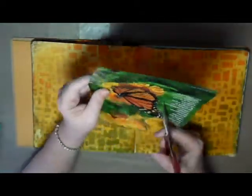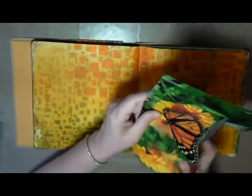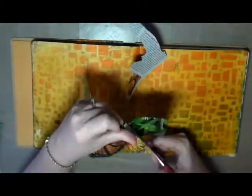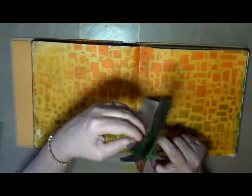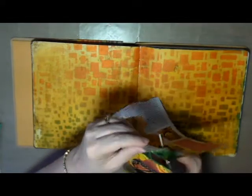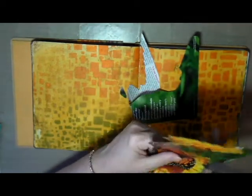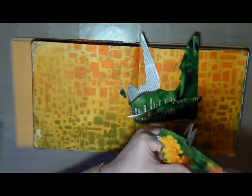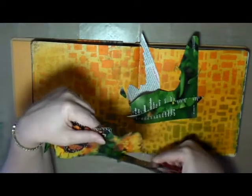So this journal is my Dilutions 8x8 journal that I got fairly recently that I've been working in. I did a video showing ideas for doing several different types of backgrounds using stencils and spray inks. And this is just one of the backgrounds that I showed in the video on how to do. And I just sprayed the page with some